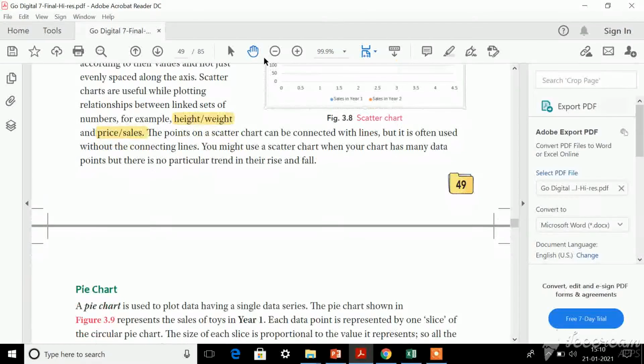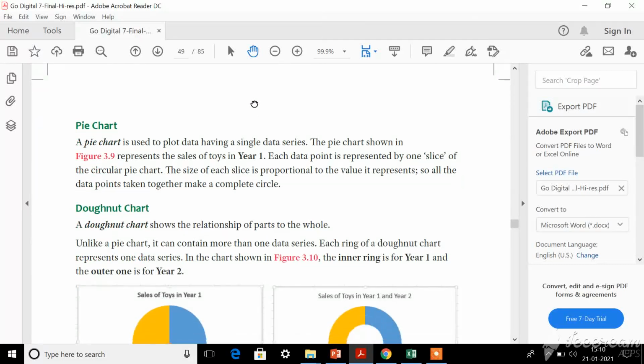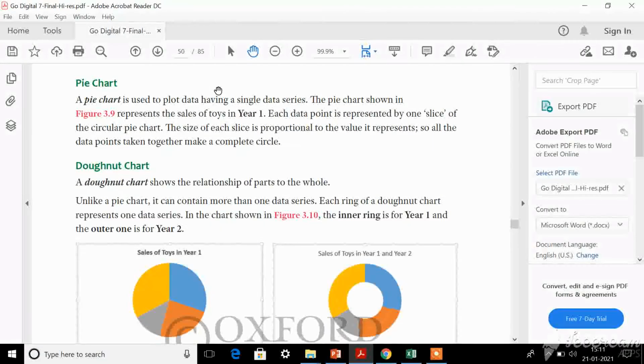Then the next type of chart is pie chart. Okay, so pie chart and donut chart would look similar, but there is a small difference. In pie chart you can analyze only a single data series. For example, in previous charts you have seen 2 years, isn't it? Year 1 and year 2.